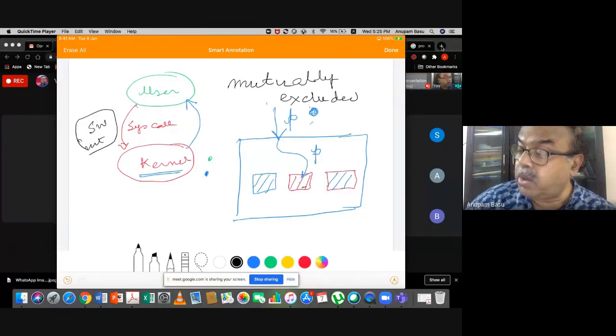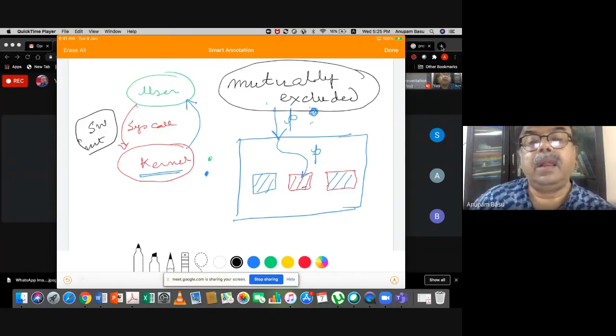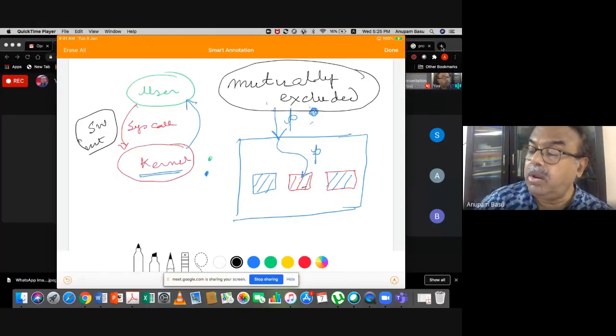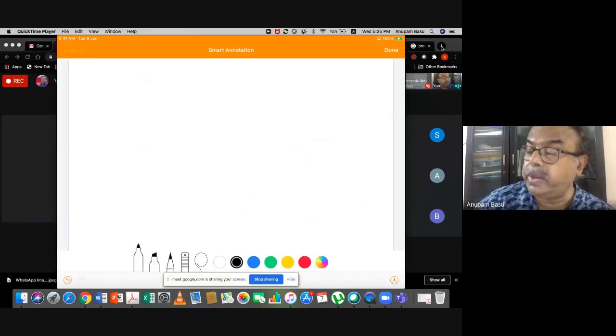That means more than one cannot access it at the same time. We take resort to the kernel mode of operation. Mutual exclusion we'll see much more, but right now, summarizing: